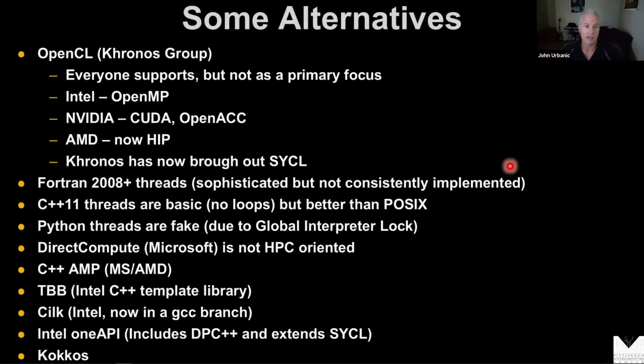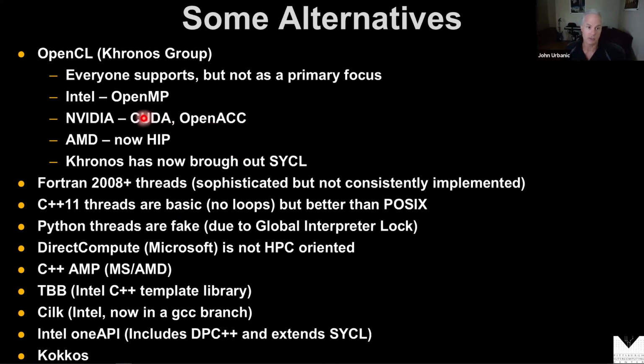Now, there are, as I said, plenty of alternatives for all of this stuff here. I'll mention some of the ones that have come and gone or are still hanging around. You may have heard of OpenCL. The original way of doing threaded programming on GPUs was CUDA, but it's very proprietary. It's NVIDIA CUDA, it works on NVIDIA devices and only on NVIDIA devices. But NVIDIA has ruled the roost in GPU computing for a long time, to their credit, because they've given really good early support to GPU programming, and they did it with CUDA. So CUDA became kind of the standard, but it is tied to their hardware.